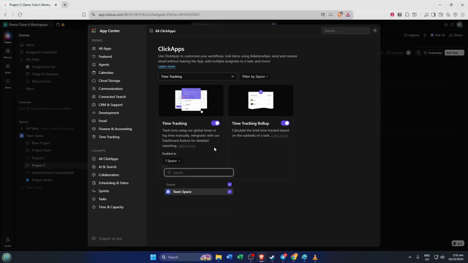Once you've enabled the time tracking app and chosen your workspace, you're all set to start logging time on your tasks. This might sound simple, but it opens up a lot of possibilities, from breaking down your workflow and spotting time drains, to making invoicing a breeze for freelancers and agencies. Next time you open up a task, you'll see that time tracking option ready to go so you can easily